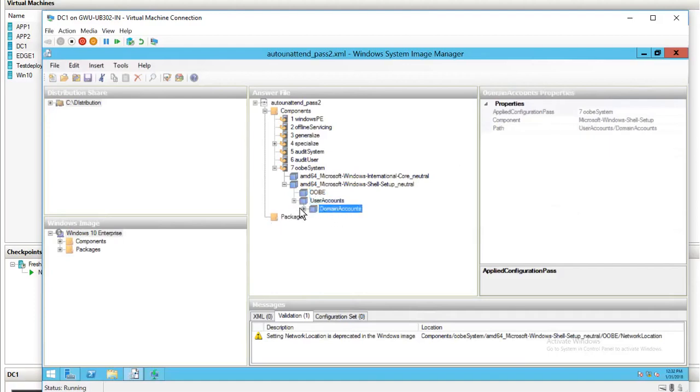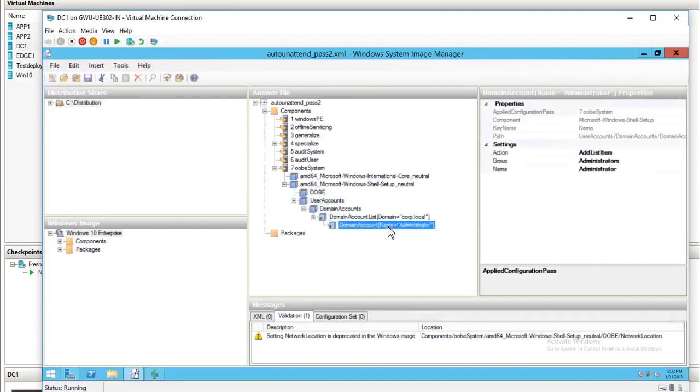I did create a domain account here instead of a local account. Some students managed to create a local account and get through that as well. Mine, I did create a domain account. Make sure you specify the right domain. Make sure you specify the administrators group, and if you have a separate OU, you can point to that as well. Over here,